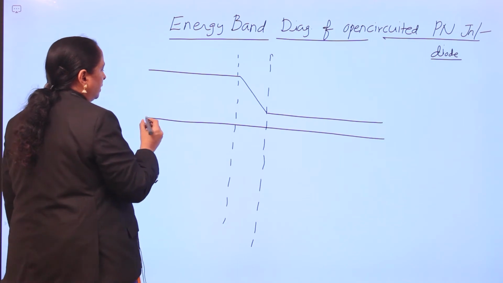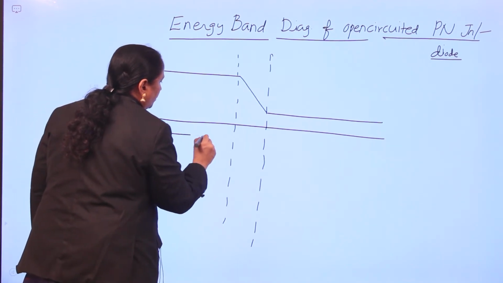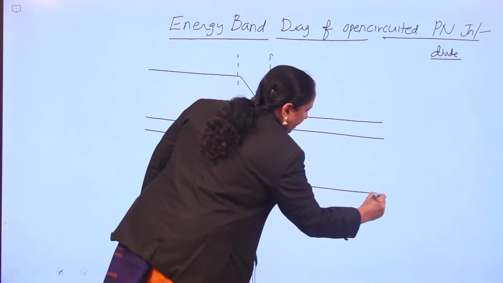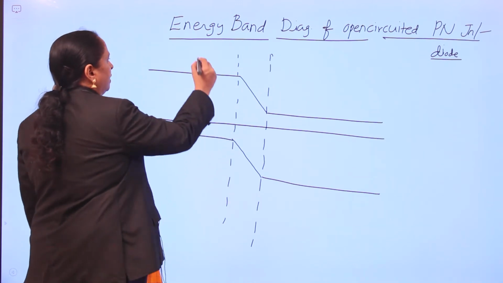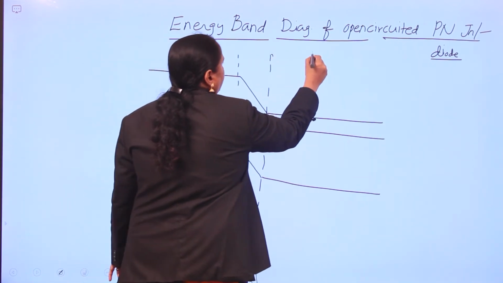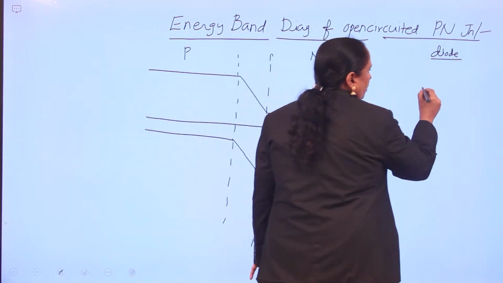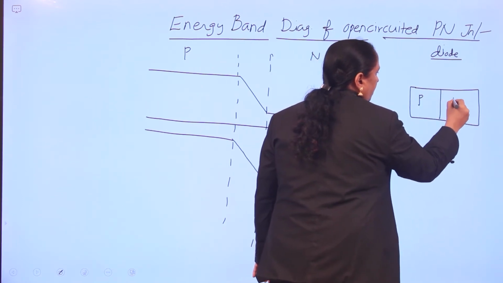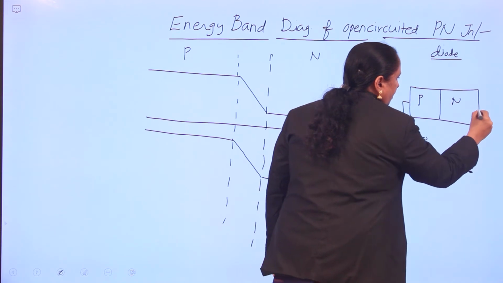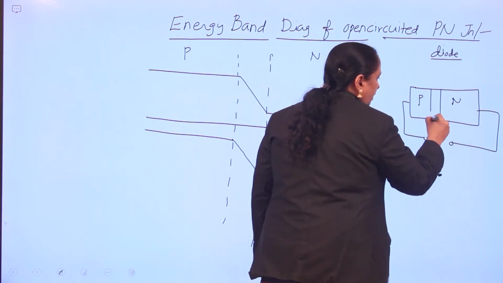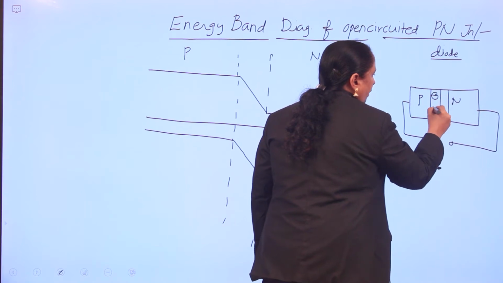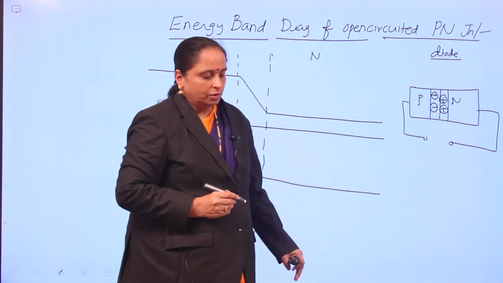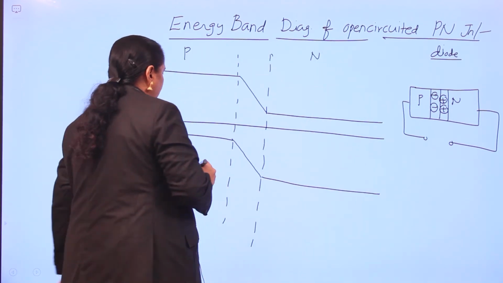So here I am going to draw this energy band diagram. This left portion is considered as a P-type material and this right portion will be covered with N-type material. So this is P side and this is N side. If you see the construction, this is a P-type material and an N-type material which is connected under open circuited condition. And you know that on the P side there is a barrier, negative ion distribution, and on the N side there is a positive ion distribution. See here, this is the P side and this is the N side.